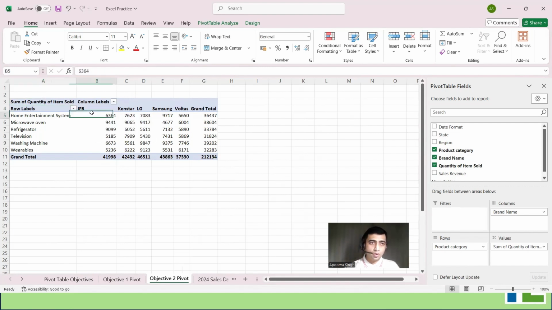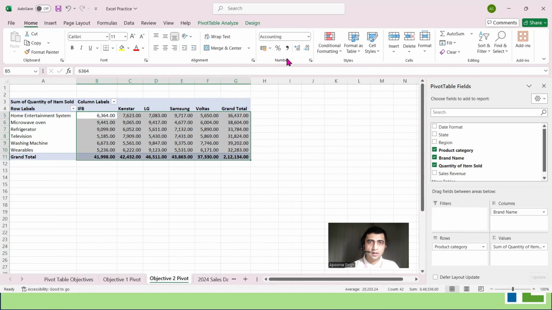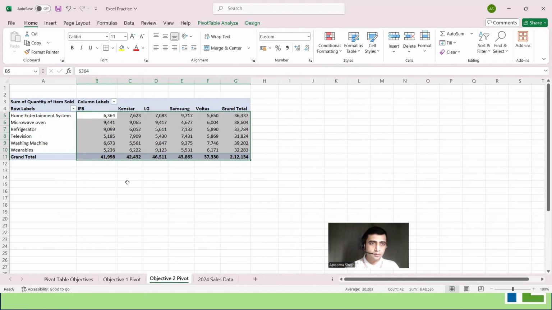Well, you could also format these numbers. I have added a comma here for easy readability, and removed the decimal points because quantity would always be a whole number. And this is how the data appears. There are many more functions which you could do in pivot table. For example, applying